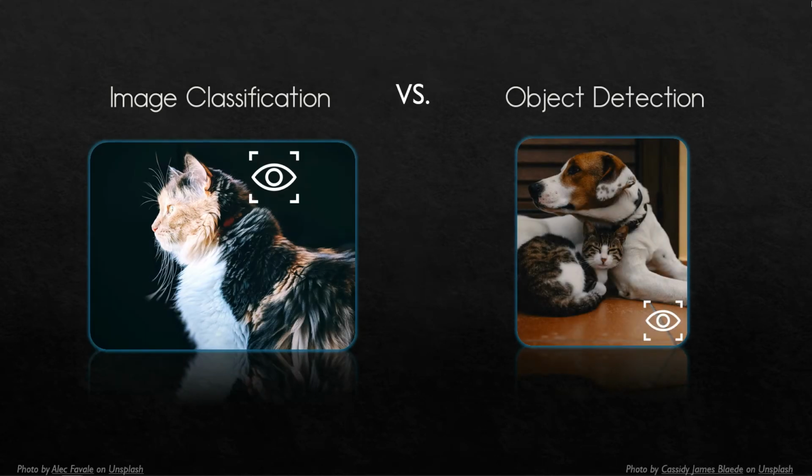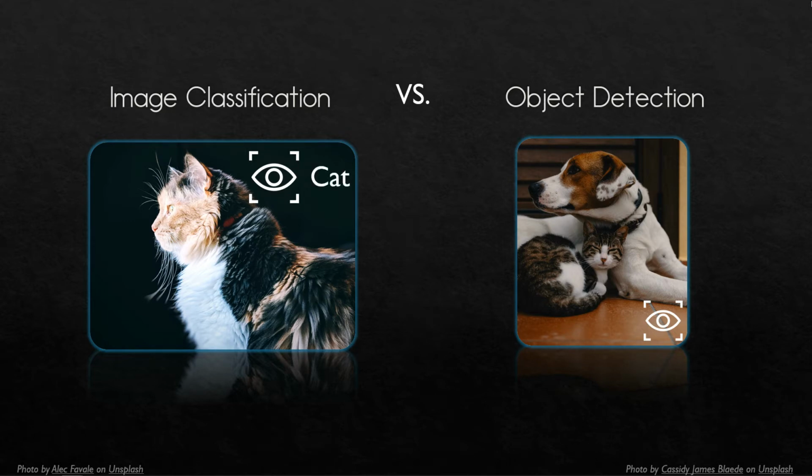Before we get too far into our tutorial, we wanted to take a minute to step back and just make a distinction between what is image classification that we're going to be focused on today versus object detection. These are two different computer algorithms, and they often get mixed up. Let's take a look at image classification. In our case, we're providing a picture of a cat, and the algorithm will analyze it and come back with